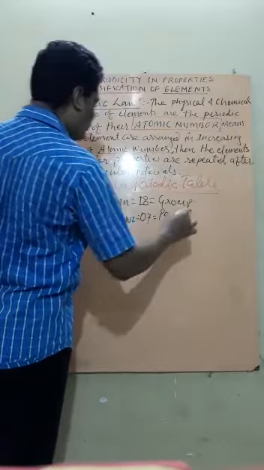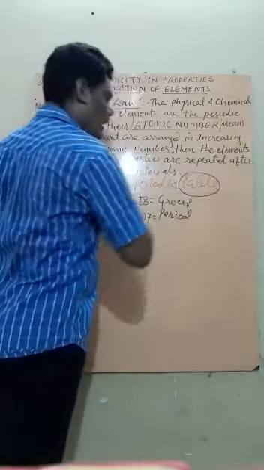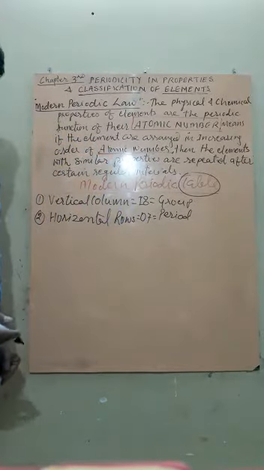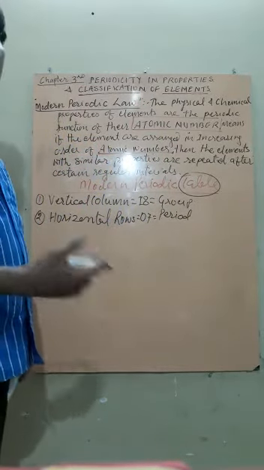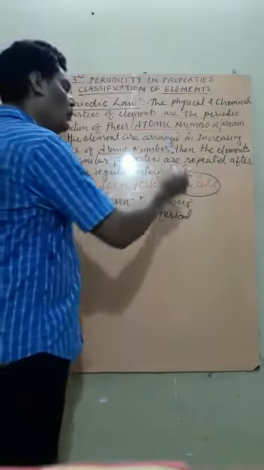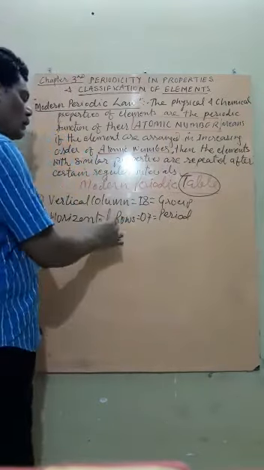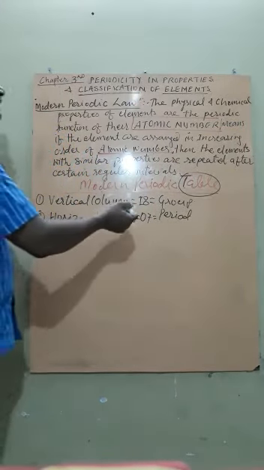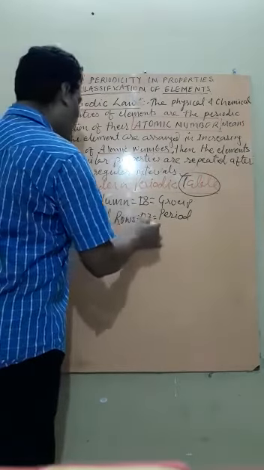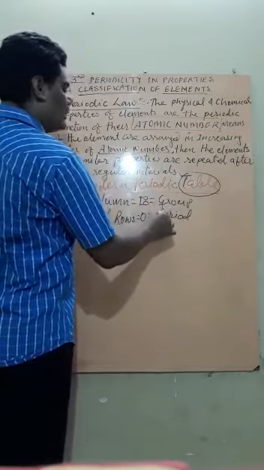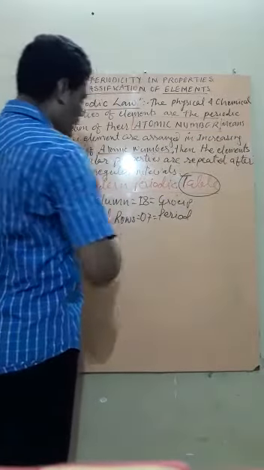periods. So if you have to prepare a simple table like you prepare on your mobile or computer, you all know the formation of any type of table requires what? Columns and rows. So here the table prepared consists of 18 columns and 7 rows. Now these are specified as group and period.